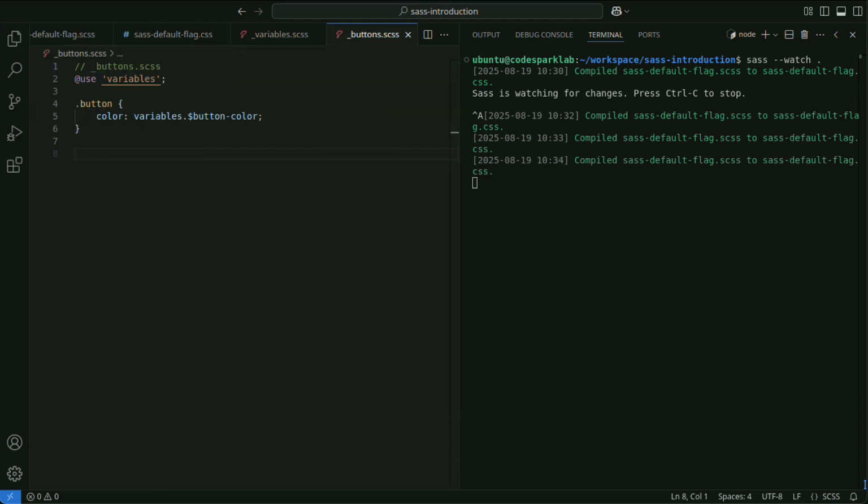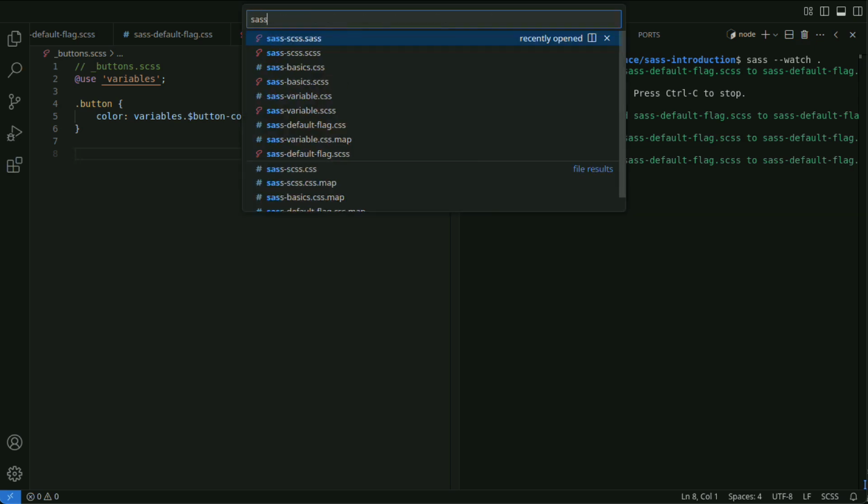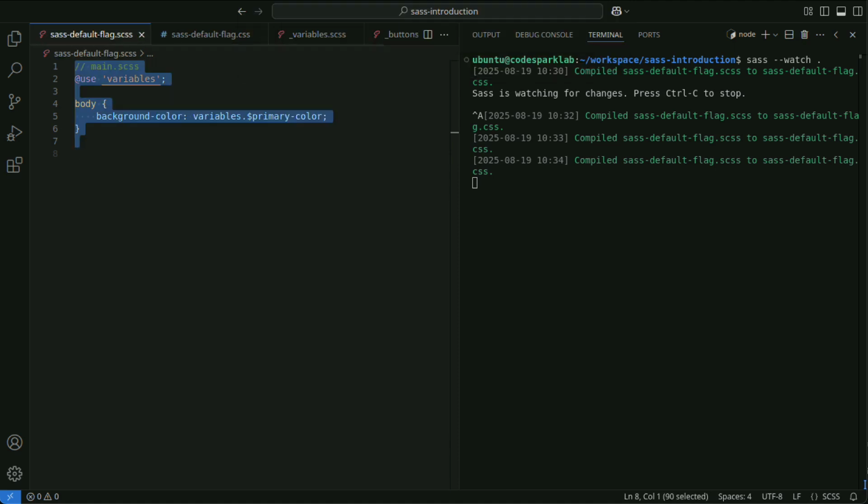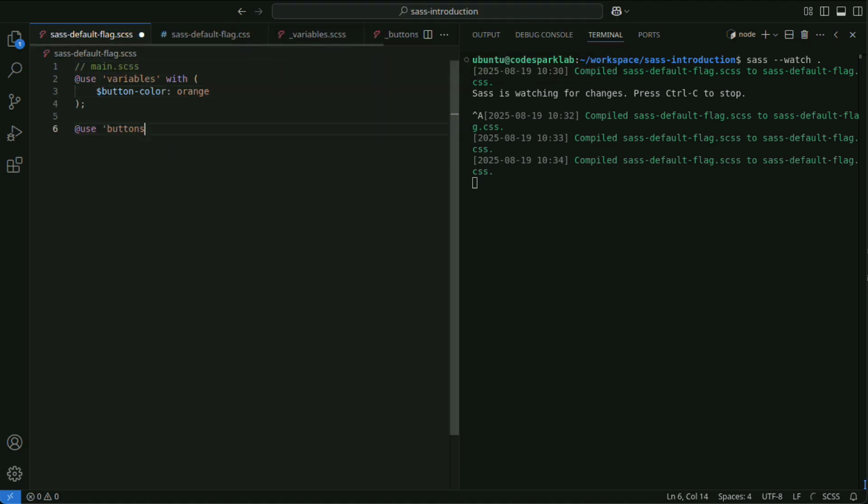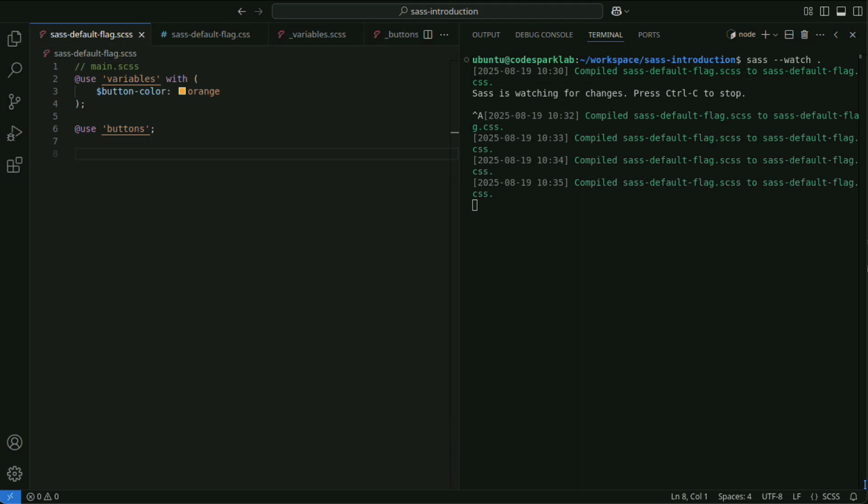Importing the variables module and specifying the color of the button using the $button-color variable. Using @use with to override $button-color with orange and using the buttons module.